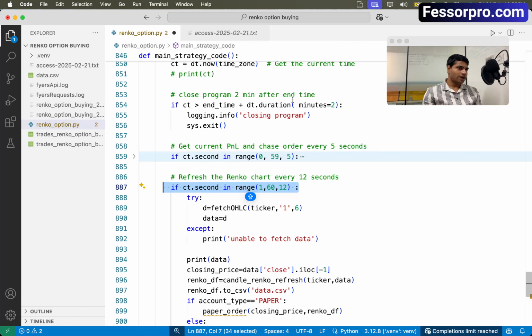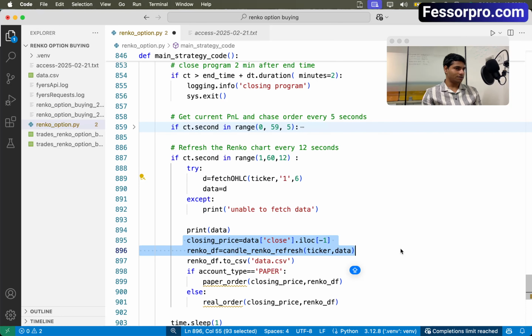Okay. So what do I do every 12 seconds? First, I fetch the historical data. So you can see I'm fetching 1 minute data for the last 6 days. I'm going to do this every 12 seconds. Once I have the data, I'm getting the closing price, whatever the closing price is. And once I have the closing price,